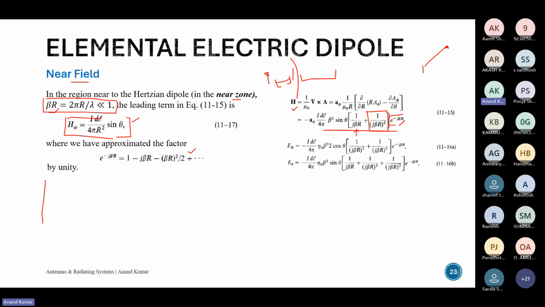Yeah, from the exponential, if we... yeah, just give me a second. Even I lost my train of thought. Yeah, it has something to do with the exponential terms over here.